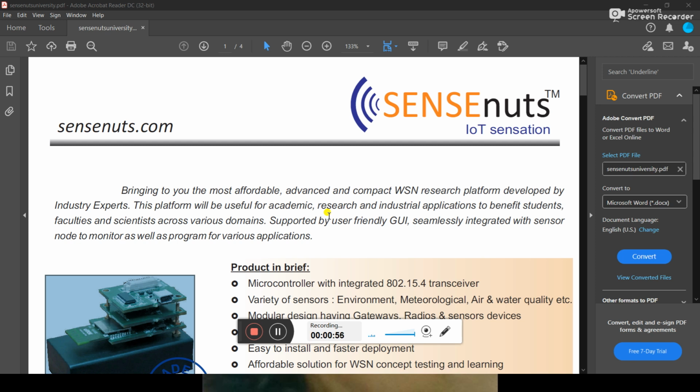We will also learn about networking, and in this networking lab we will do networking of sensors, that is, a wireless sensor network. There is an agenda for the networking lab.